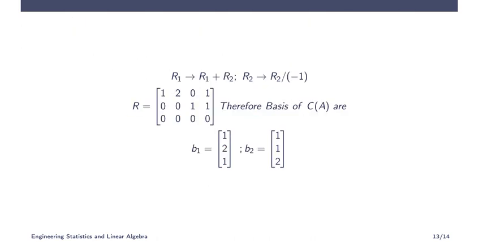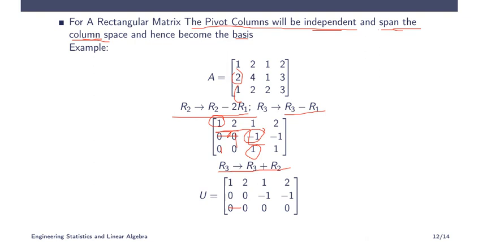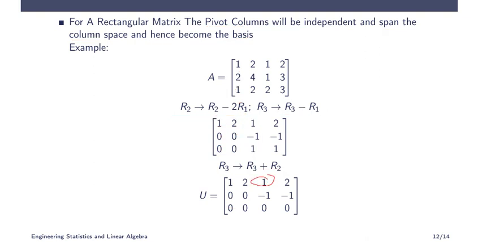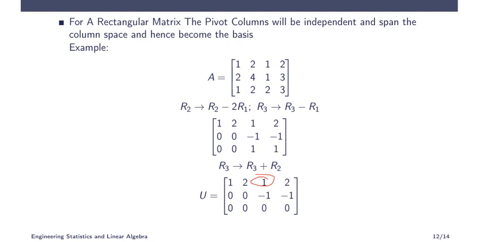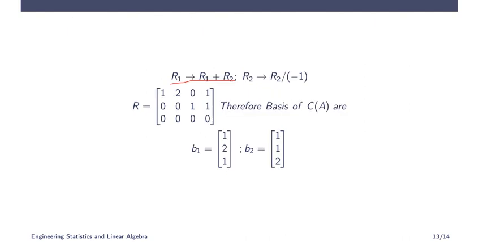And you can do the row reduced echelon form also. What you have to do is the pivot column element, which was 1, should be made 0 by adding this one. So the operation is R1 becomes R1 plus R2. So that is the first operation. Then I have to make this pivot element 1, scaling down by minus 1, so I divide R2 by minus 1. So doing that, you will get 1 2 0 1 and 0 0. Minus 1 scaled by minus 1 becomes 1 and 1.